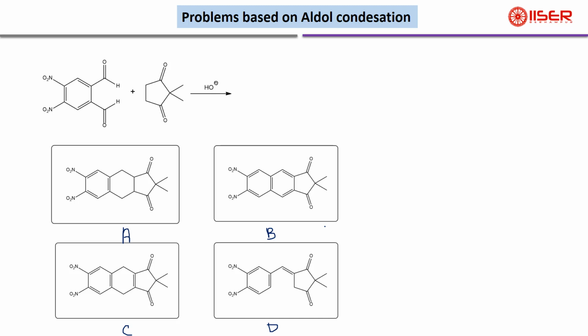So a simple aldol reaction will take place. There are two aldehyde centers, and in this case there are two ketones, so there are two alpha carbons. One is this one, another is this one. So we can take a proton from this place as well as this place, and after elimination of both protons, this carbon center can attack this aldehyde center. So the product will be